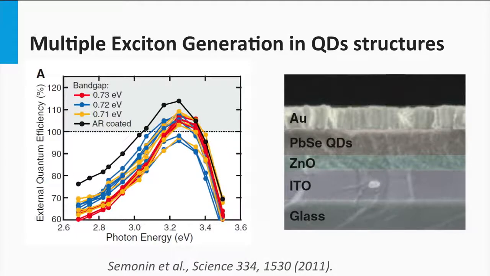Here we see the results out of a paper of Simonin, demonstrating that EQEs above 100% can be achieved. The absorber layer contains lead selenide quantum dots, and in the blue region from 3.1 up to 3.4 electron volt, the quantum dots realize an EQE above 100%. The challenge is to move this spectral response to lower photon energies, as the solar spectrum contains far more photons